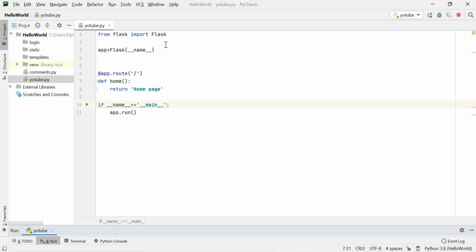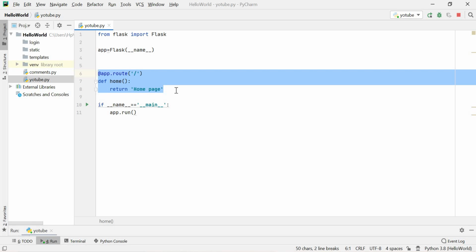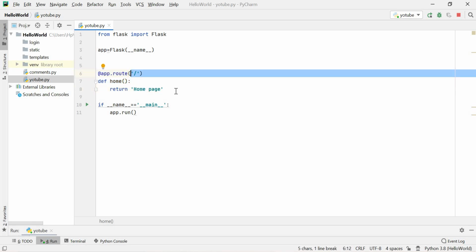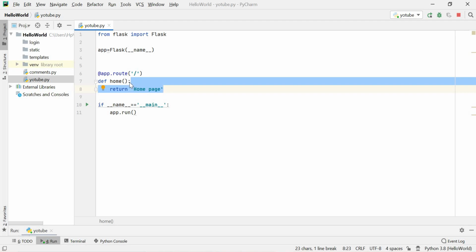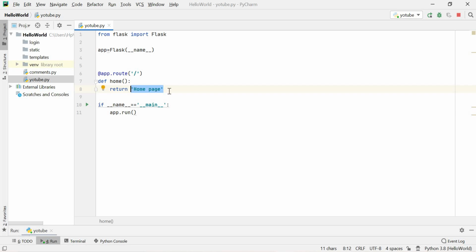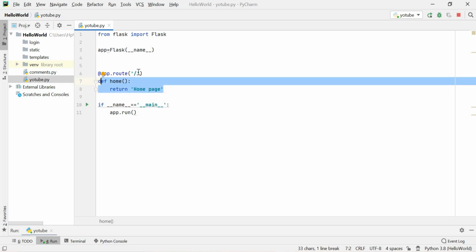application. Okay, so this is the Flask we have imported. This is the instance of our web page. Then this is the run command that we need to give to run this code. Okay, then we have to define some page, that is the first page, my home page. So I will give the function name as home. Then I want to return on the home page, like this is the home page. So for that we need to give the route, and I have given the route over here.